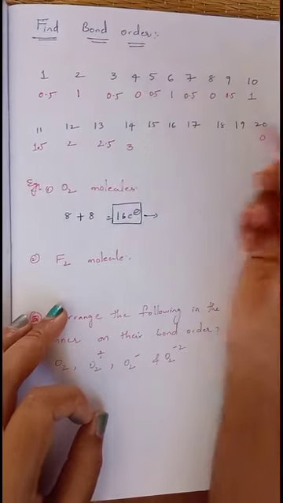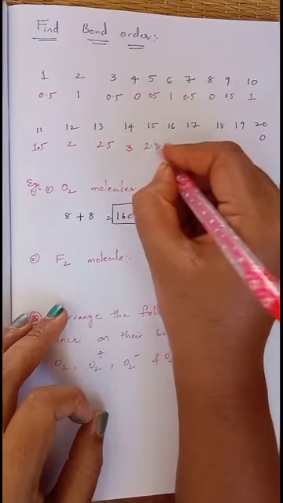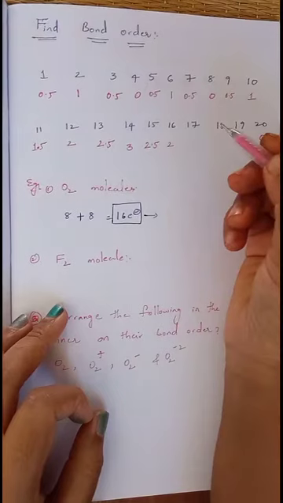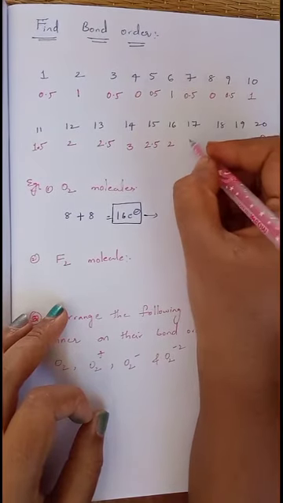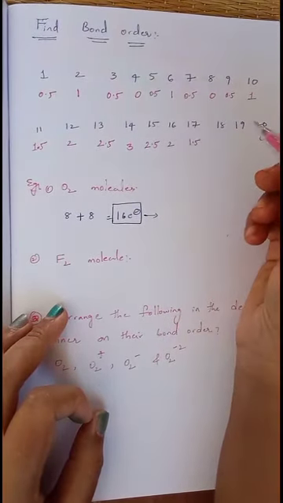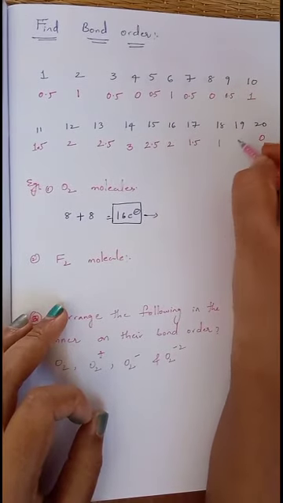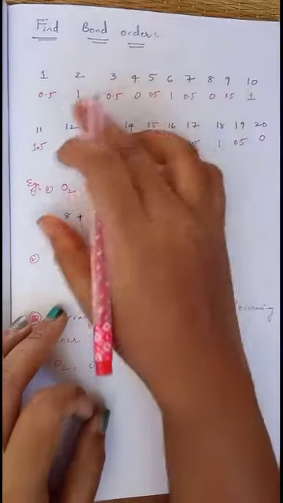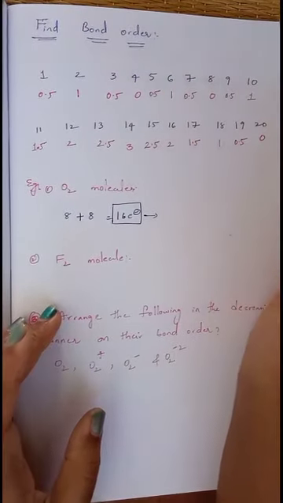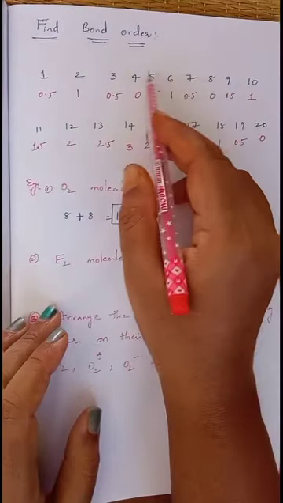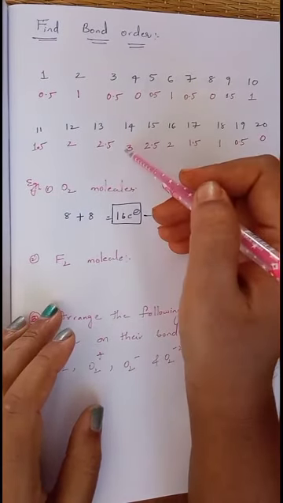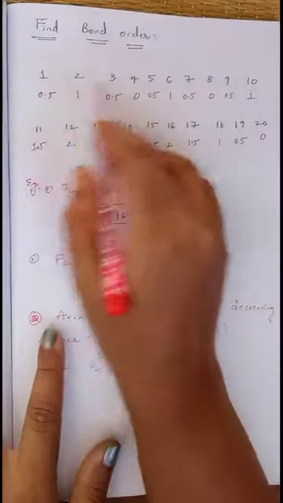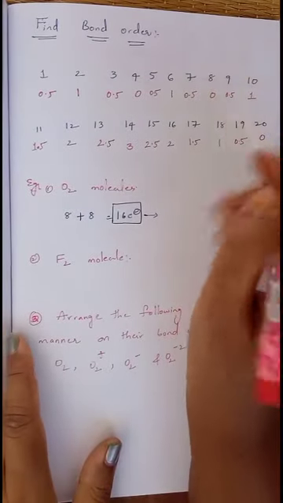For 15 it decreases by 0.5 units, that is 2.5. Then for 16 it decreases by 0.5 units, that is 2. Then for 17 it decreases by 0.5 units, that is 1.5, and then 1 and 0.5, and finally it reaches 0. In this manner you can easily find out the bond order. You just need to remember the first 4, then the 8th, 14th and 20th, and then it becomes very easy. Here all these numbers are nothing but the total number of valence electrons present in a molecule.